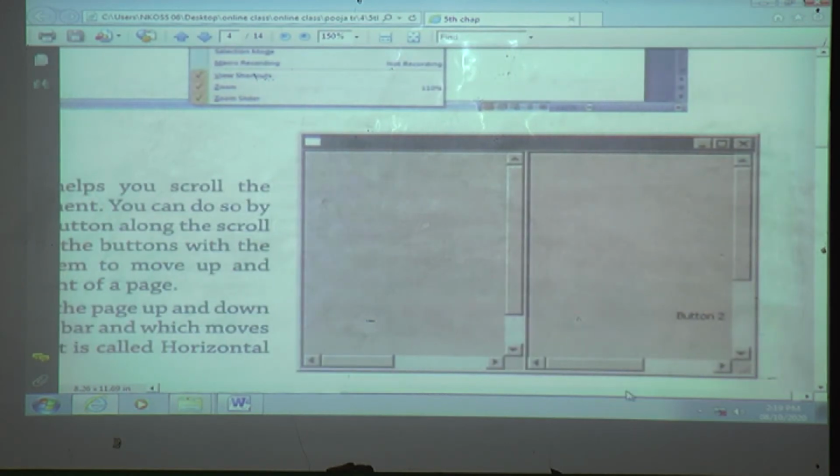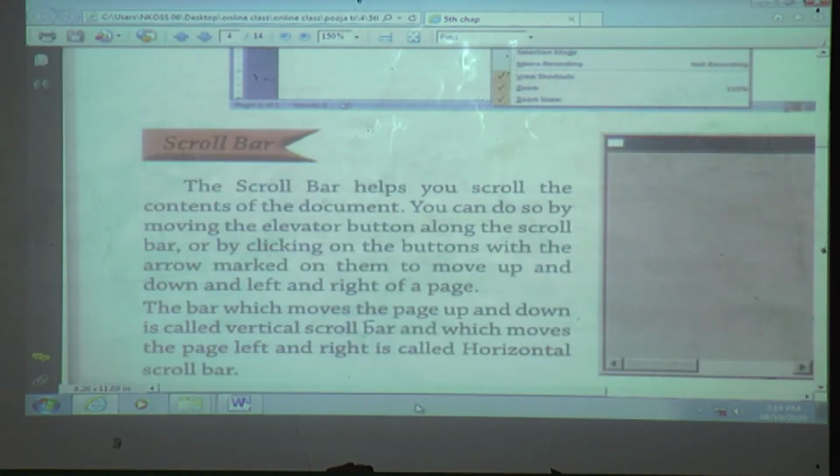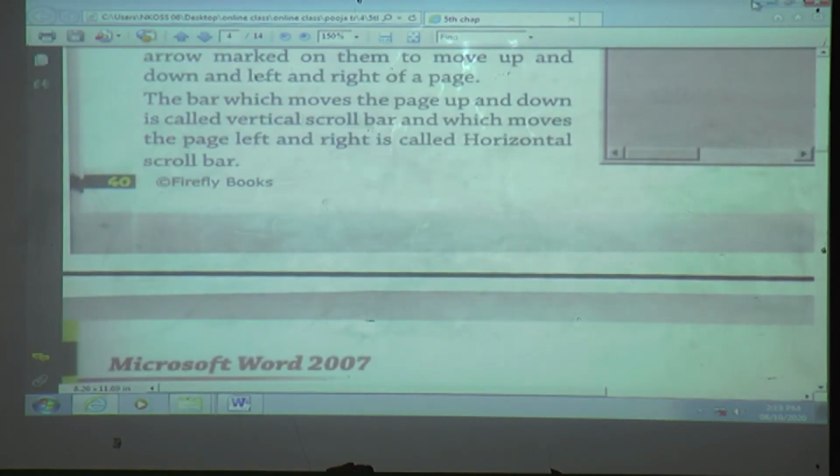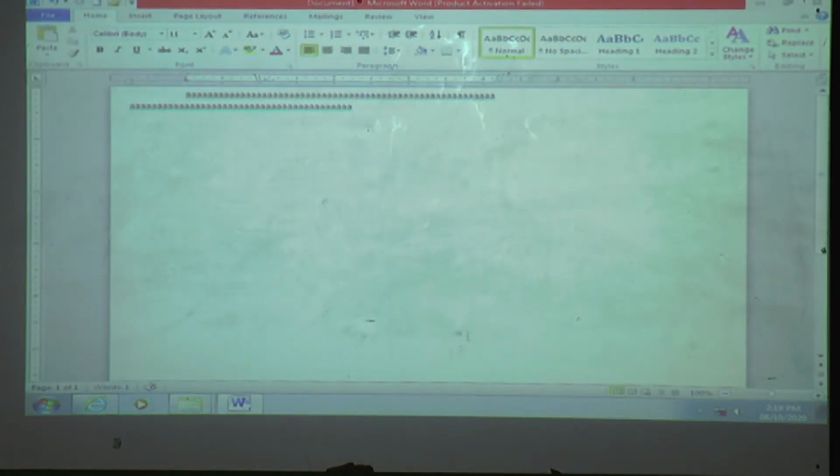Only take the cursor here, drag the mouse and move the mouse. Understand? Use of the what? Scroll bar.